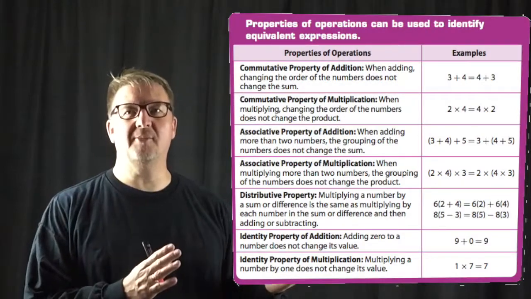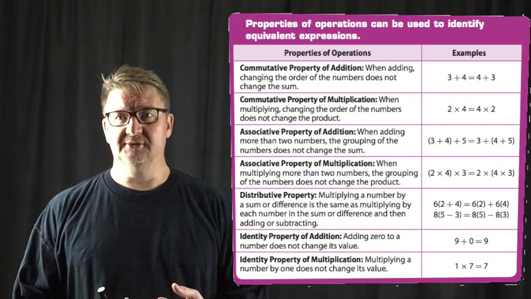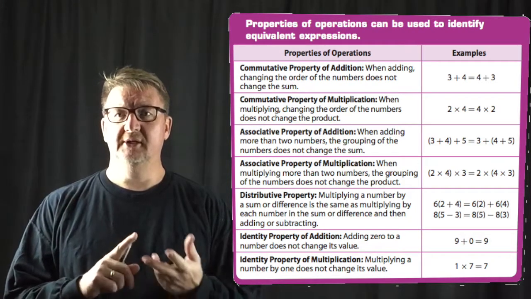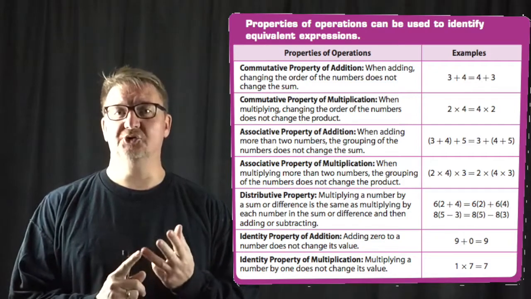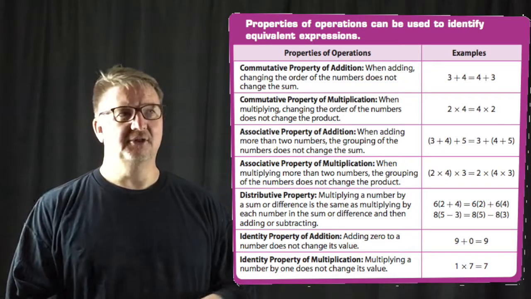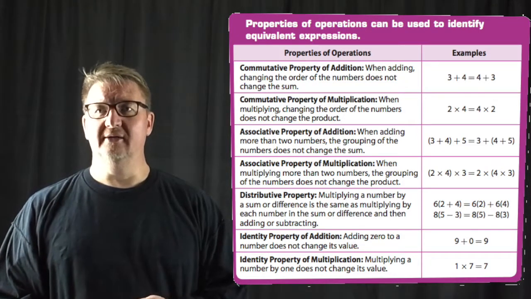So what we have is the properties of operations. There's more than one. There's actually four that we're going to talk about: the commutative property, the associative property, the distributive property, and then finally the identity property. In this graphic here, you see that I have them listed out, and we're going to start with